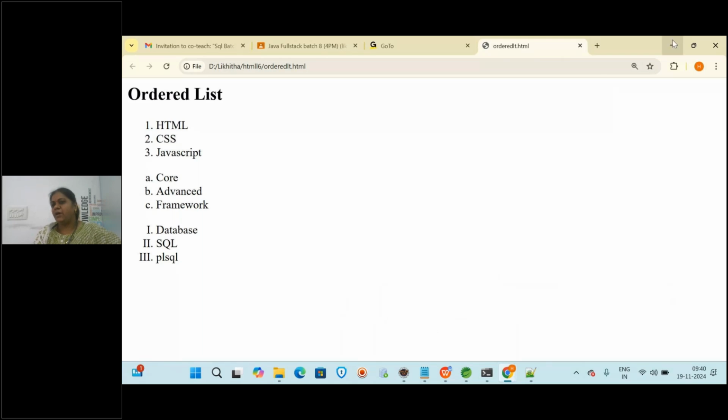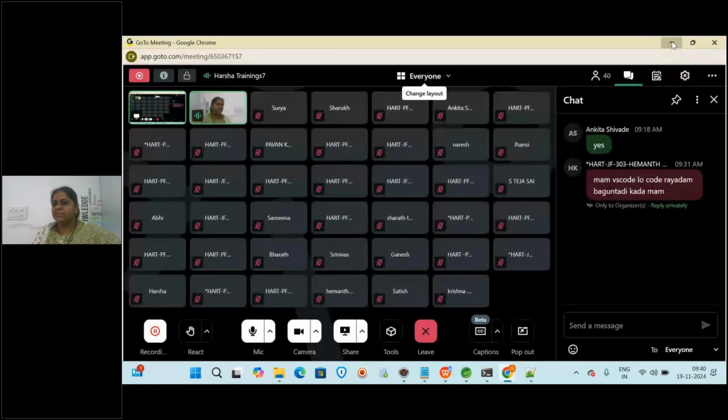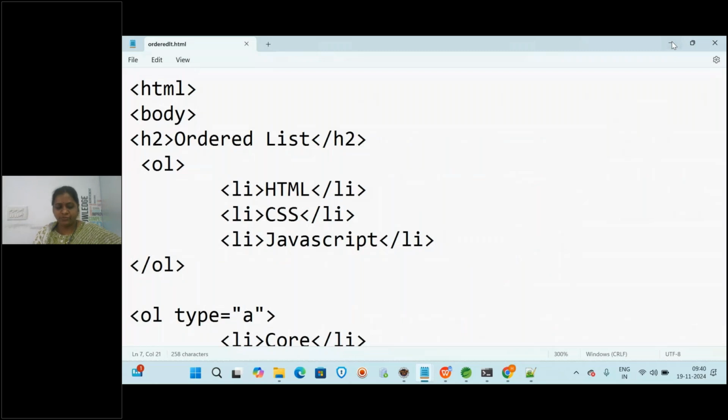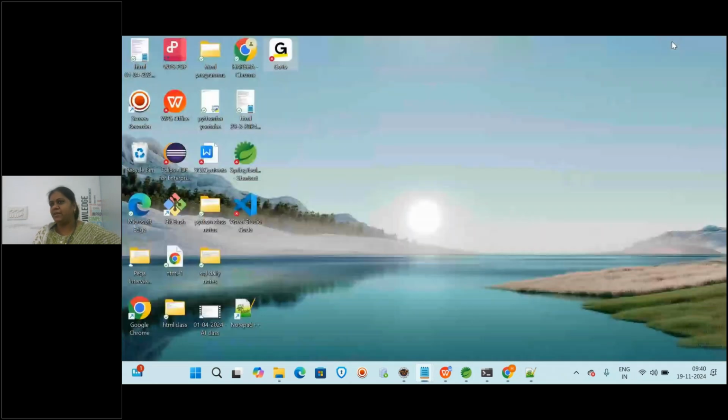Okay, so now I will explain unordered list with Visual Studio. I think some or most of you know Visual Studio, which I have explained, but yesterday I did not tell, right? Many people have joined, so I will tell you. To execute HTML programs, you don't require any additional software. That is for sure.